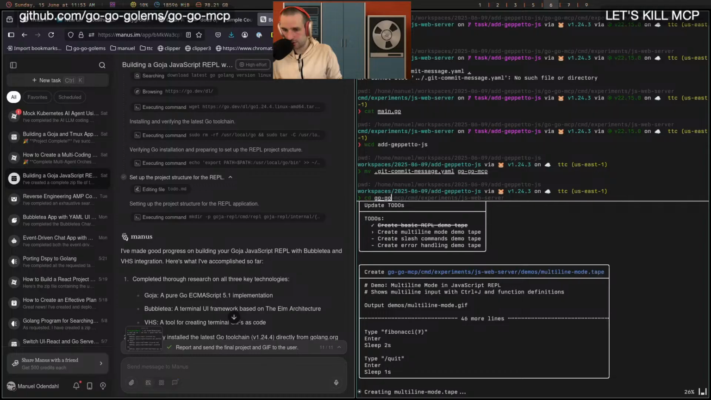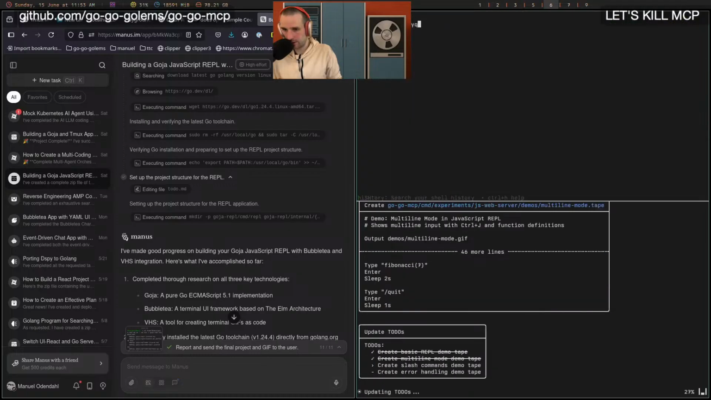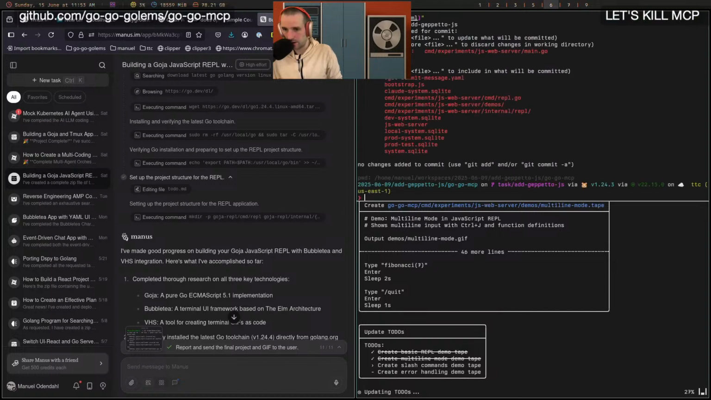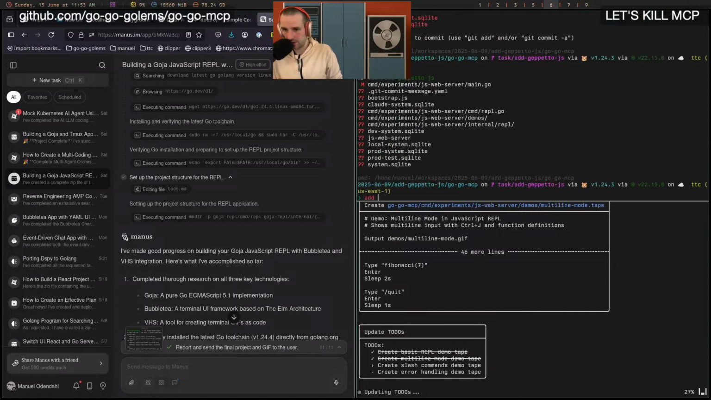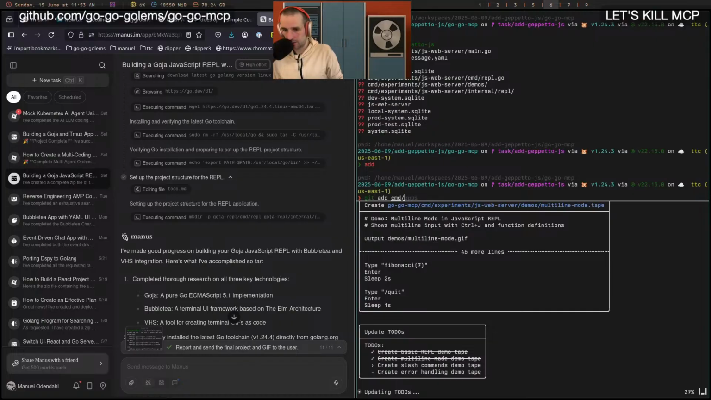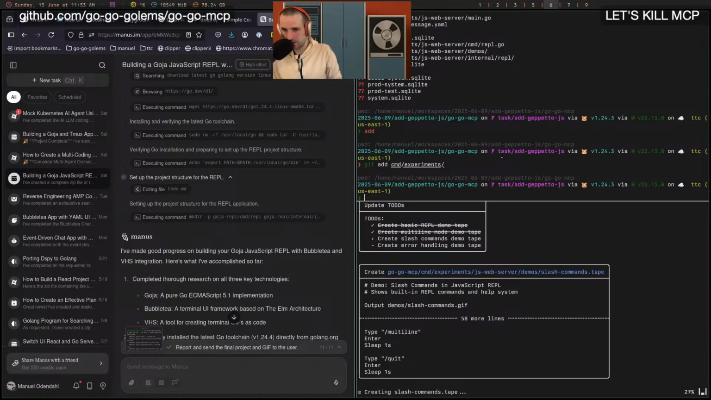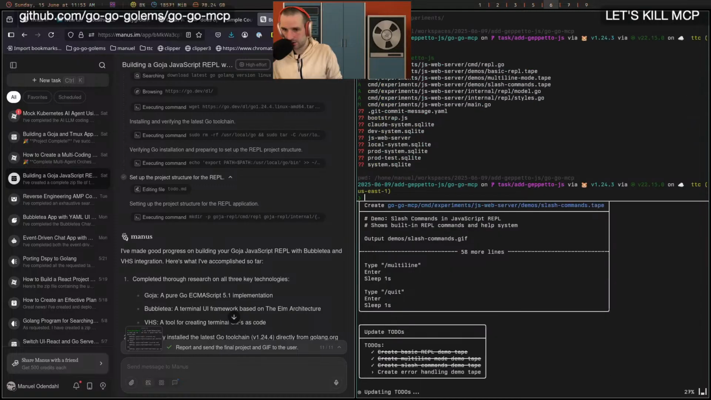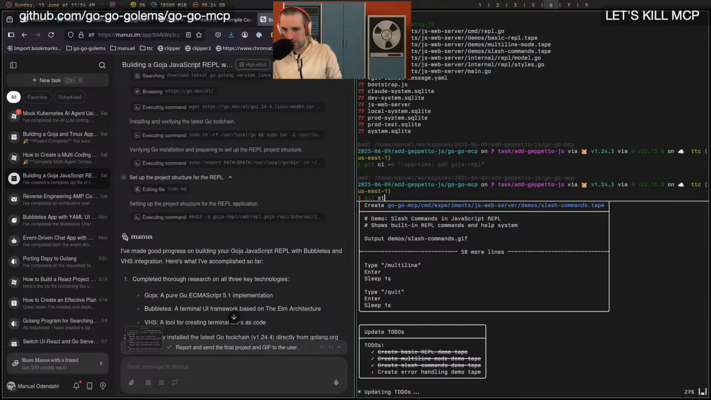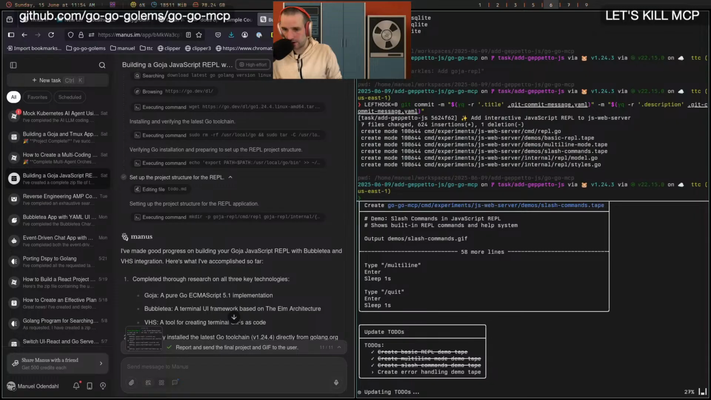We have to go into GoGo MCP, and then I think we can just commit this using the commit message that it created. And we would need to add git add command experiments. It's actually writing the tapes right now. So we'll see. We're going to commit it anyway, even with the tapes. All right, because you can see